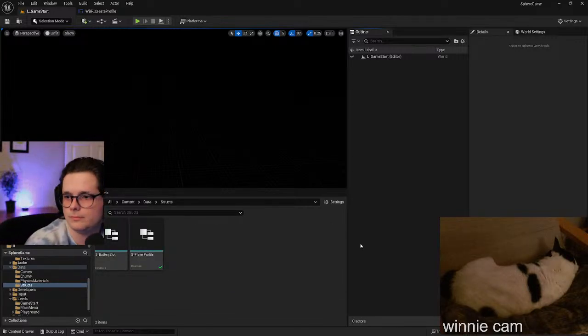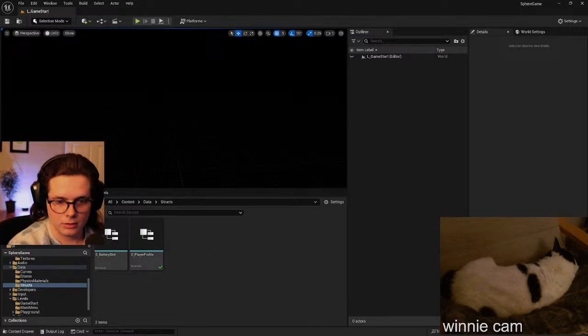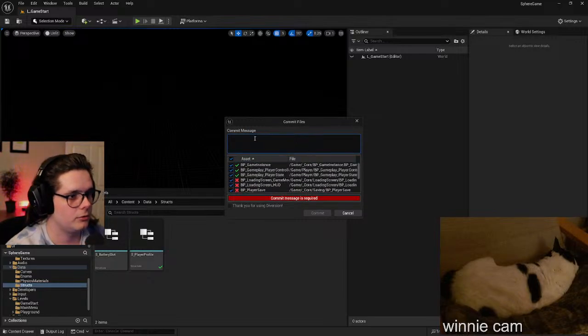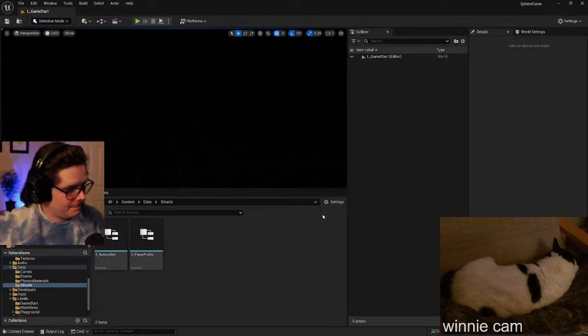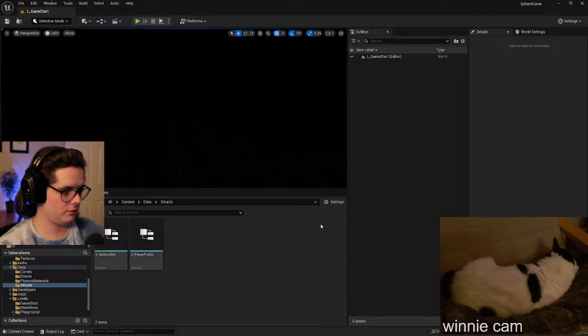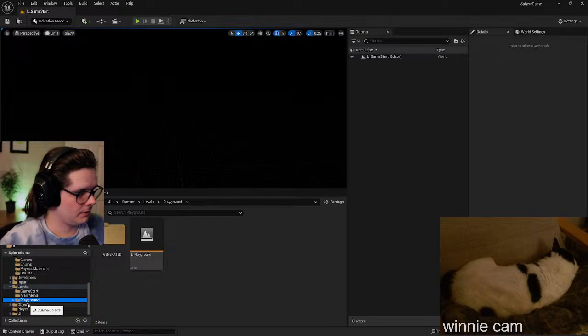Now, we go into our version control and we submit everything because it's working. Removed loading screen clutter, about to transition to level streaming with a single persistent level. Okay. So that's the goal, is to make it so